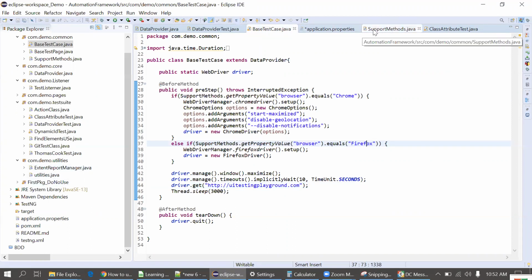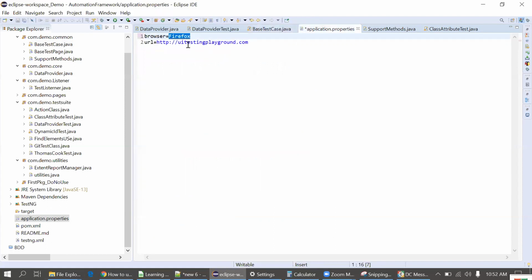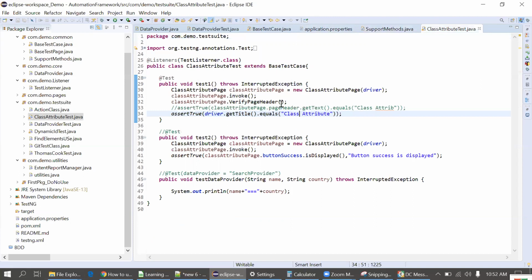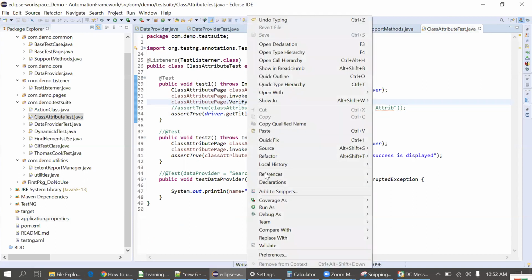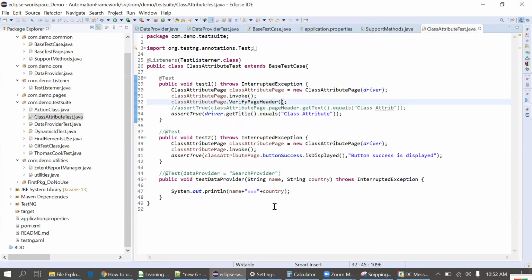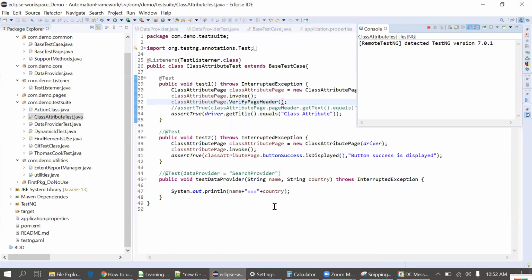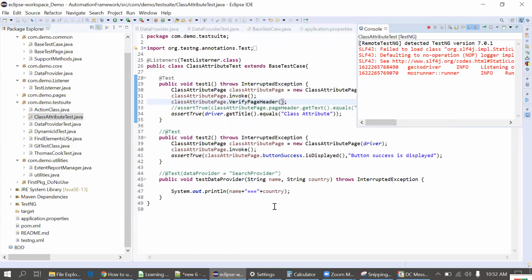Now I'll execute the code again without any change. Right click, run as TestNG test. Now you can see the Firefox browser got opened here.